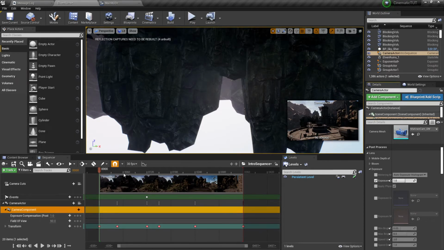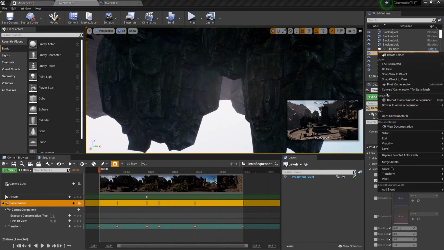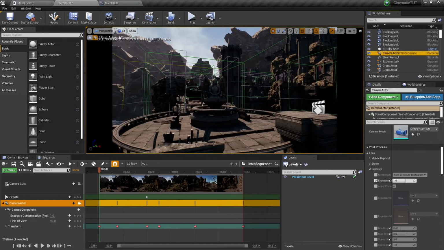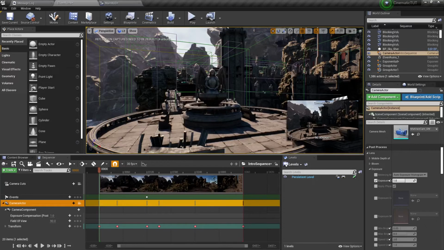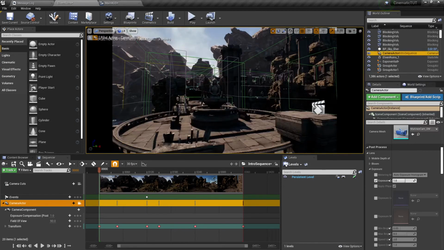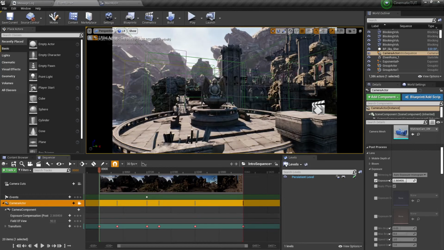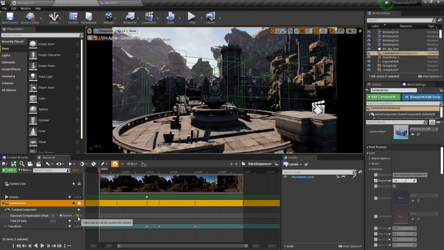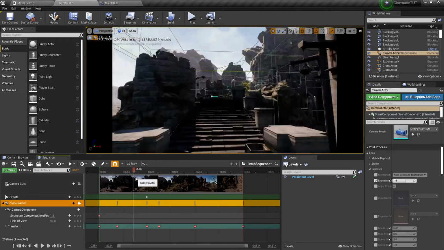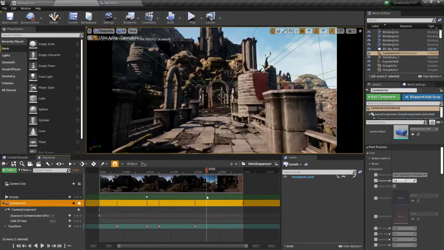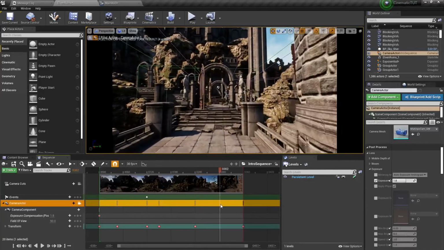Okay, so what I'm going to do is pilot this camera just to get back to the scene, and then unpilot. Actually, I'm going to pilot it just so I can see what we're doing. The exposure at the moment is 1. But I think we should have it as default by 1.8. So let's just track that at the beginning. We're going to go through the entire scene. But then when we get to about here,